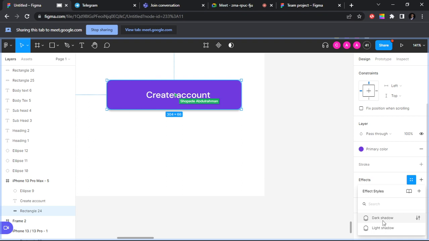No, sir. Yeah, bro. Please, can you explain the shadow system, the effect system again? Now, the effect system, we just created the effects. I created for dark shadows and light shadows because there are times you might be working on a page, you need the shadow to be darker. There are times you'll be working on another page, you need